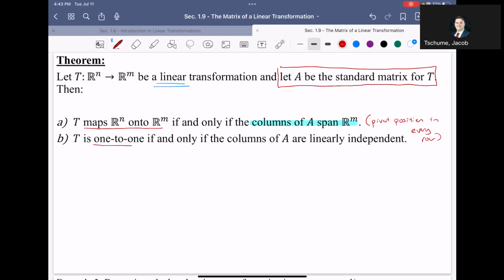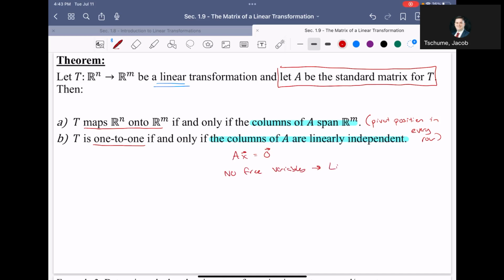If you want to see if T is a one-to-one transformation, this will only be true if the columns of A are linearly independent. When it comes to showing whether the columns of a matrix are linearly independent, there are the shortcuts that we've learned in section 1.7. If you're not able to use one of the shortcuts, remember what you do is you set up the homogeneous matrix equation, and if there are no free variables,